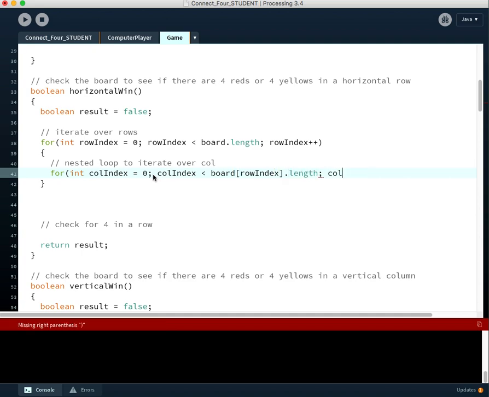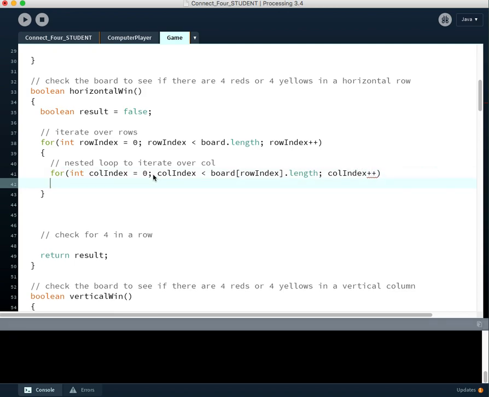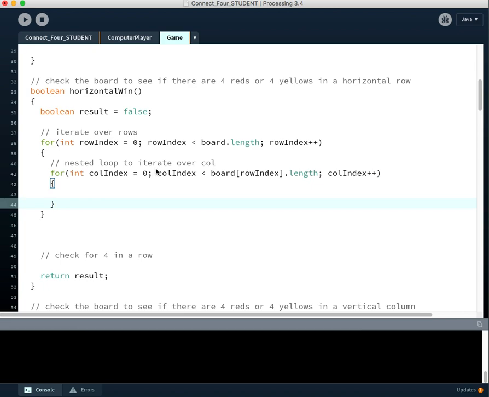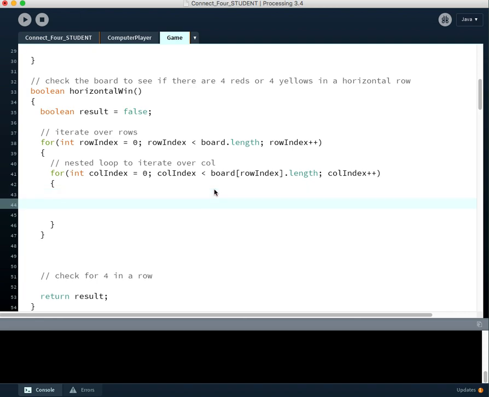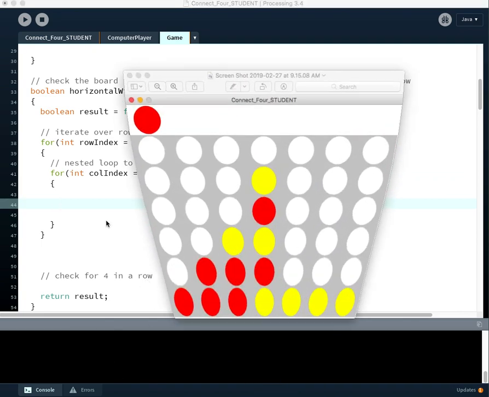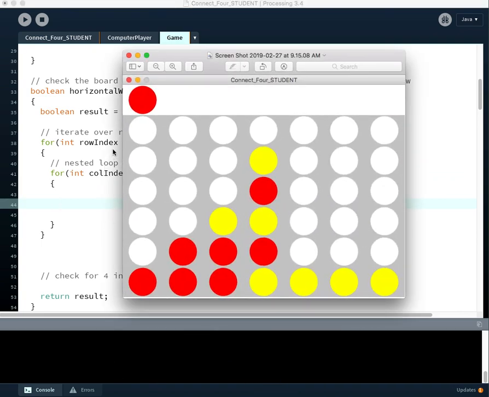And then each time we want to increment our col index by 1. Now, like I said, I'm not going to adjust these loops to stay in bounds quite yet. Well, actually, let's do it right now. So we have our 2 loops that will look at every single row and every single column, or iterate over each of those things. So right now, if we tried to check, we would check,